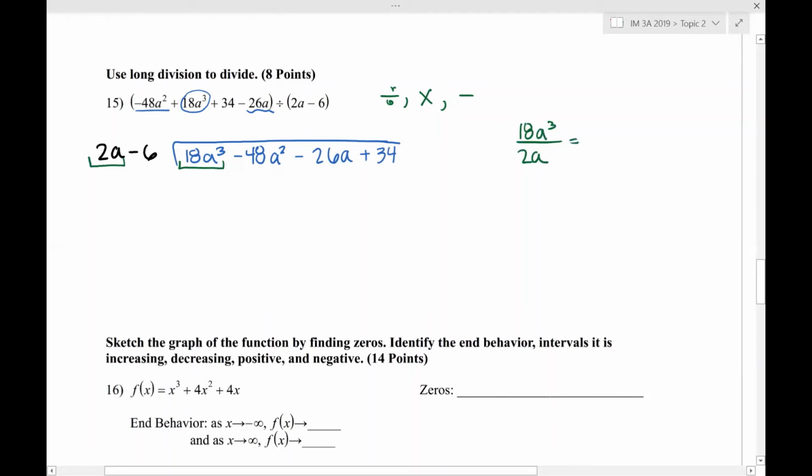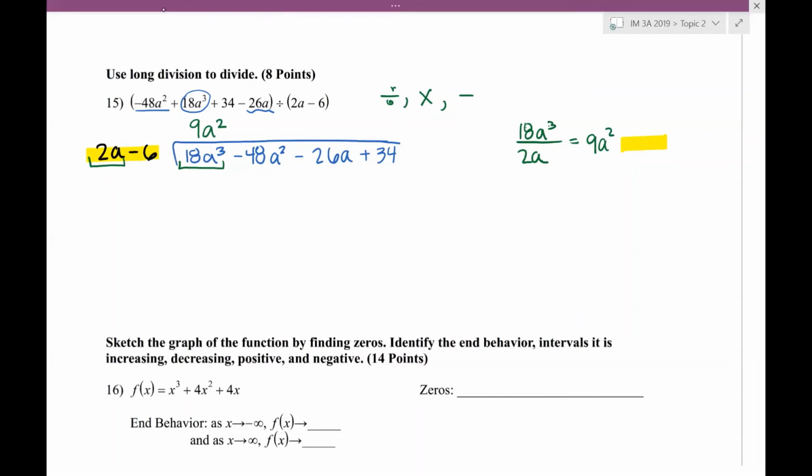And that gives me 18 divided by 2 is 9, and then a cubed divided by a is a squared. Remember, the power drops down by 1. So that gives me 9a squared. The piece that I multiply by is always my divisor. So I'm going to multiply that number times my divisor, and I'm going to write that underneath